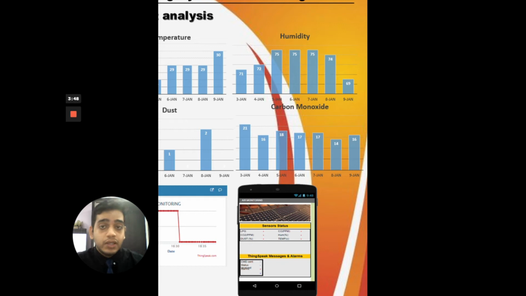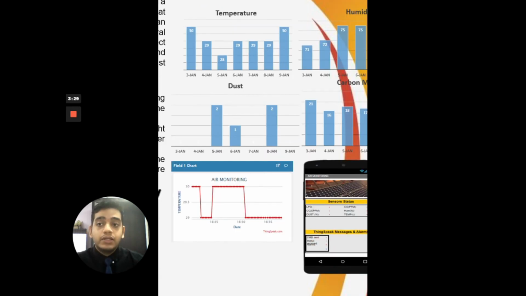On the third day, the humidity increases by 4 because the reading was recorded in the morning and the weather was wet and raining slightly. Next, the graph shows the dust level collected each day.